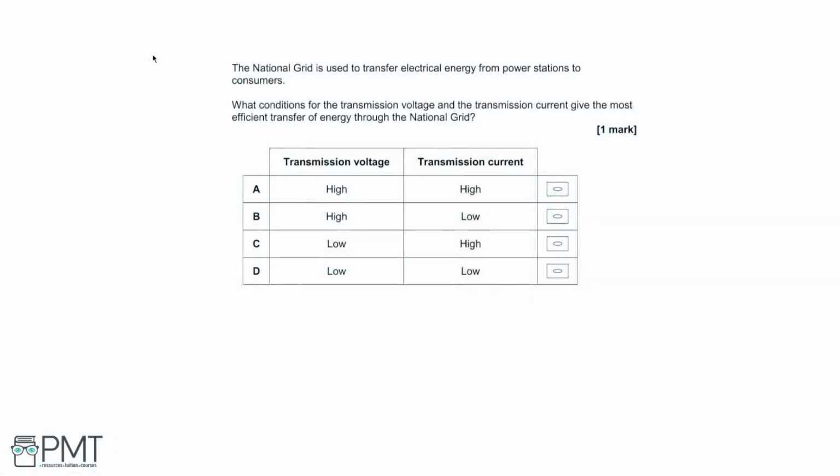This question is about the national grid. The question says, the national grid is used to transfer electrical energy from power stations to consumers. What conditions for the transmission voltage and the transmission current give the most efficient transfer of energy through the national grid? In order to answer this question, it is useful to consider a certain output power